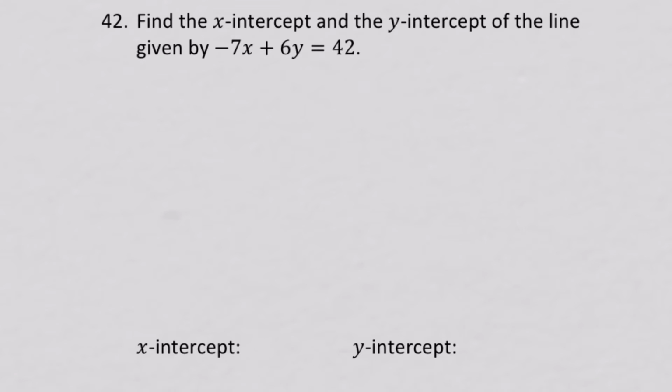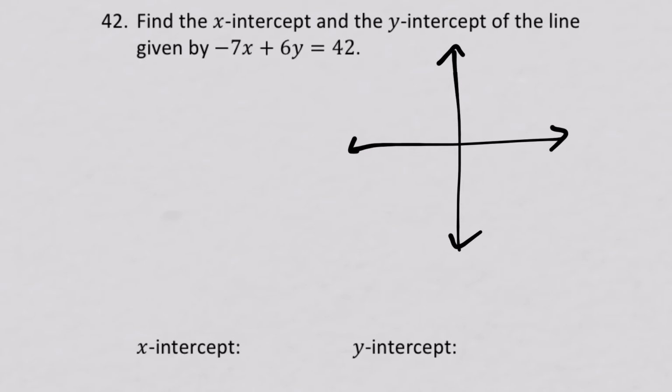Number 42 says, find the x-intercept and the y-intercept of the line given by negative 7x plus 6y equals 42. Real quick, let's recap what an x-intercept and a y-intercept are. Here's a coordinate plane, and if I have a line that passes this way, the x-intercept is this point right here where my line crosses the x-axis, and the y-intercept is this point right here where my graph crosses